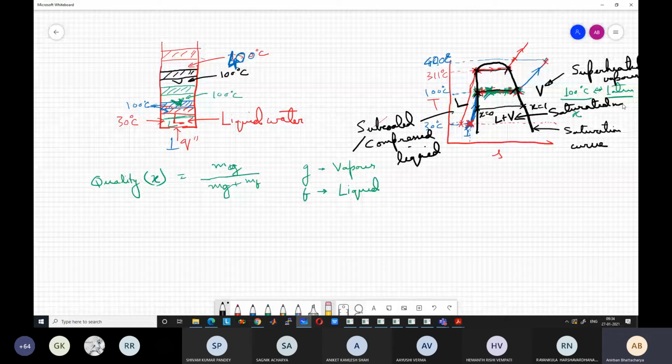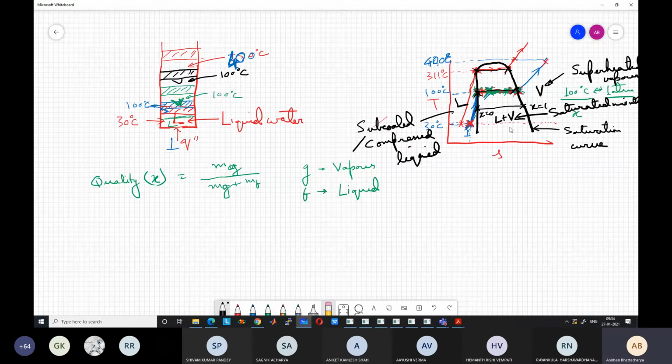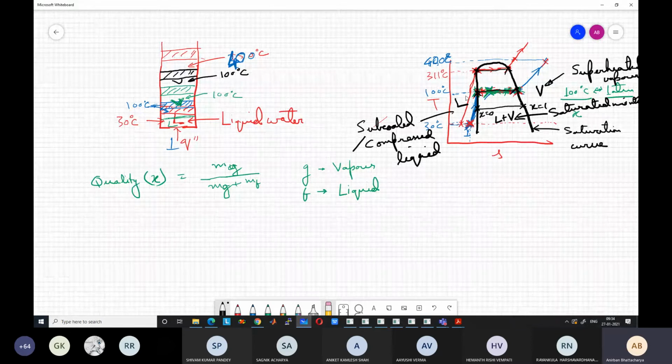So outside the saturation curve, pressure and temperature can give us the state of the system. Within the saturation curve, pressure and temperature are not sufficient. You need either pressure or temperature and another property. It can be quality or any other property, as we will see later, but let us consider that quality is the property. And the constant pressure lines now look like this.